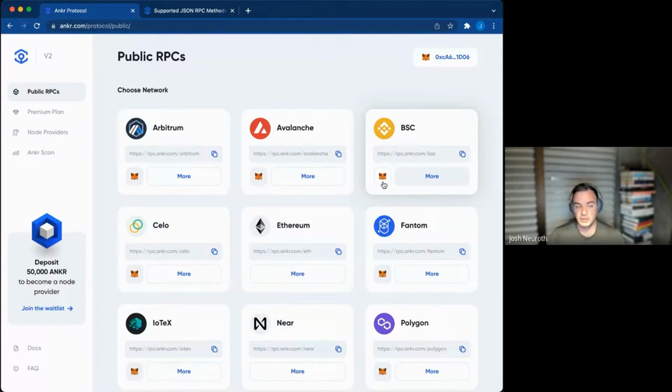And so, if you're watching this content tonight and you're not necessarily building a project, but you are a DeFi user, you can absolutely use Anchor Protocol here, by adding this RPC to set up MetaMask, for connecting to the blockchain.